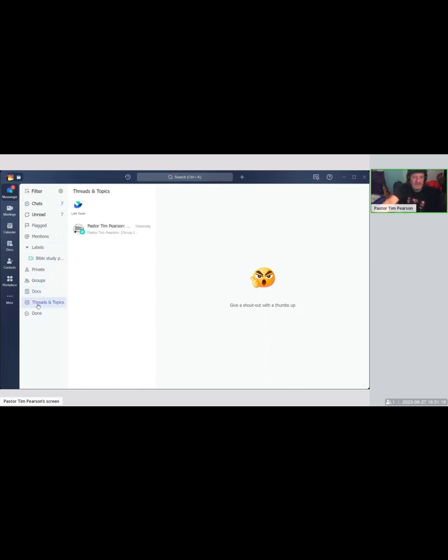Now here's another cool thing. This is threads and topics. When you create something, you go up here, you can create a new group, a new member, external contact, documents, and you can create meetings all with a click of a button, right? But here's another cool thing. When you create a group, you can make it either a topic or a chat. If you make it a chat, it becomes a group that you would just chat in. But if you make it a topic, it becomes a forum post. So you'd click here and there's your forum post.